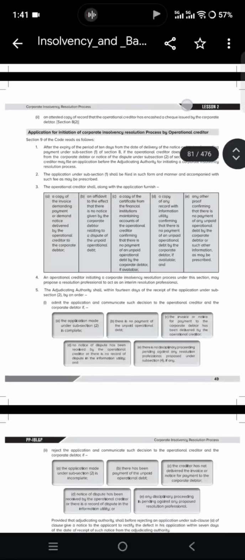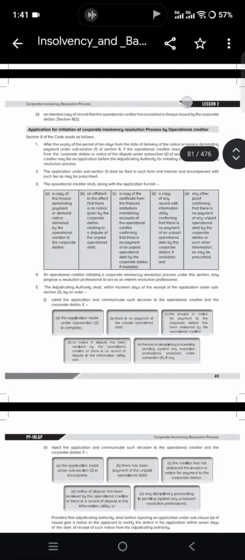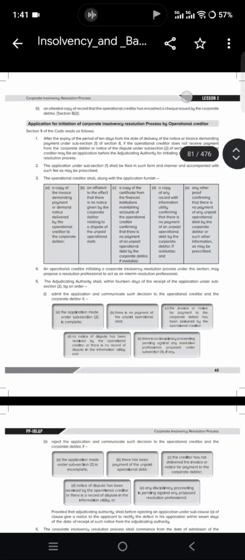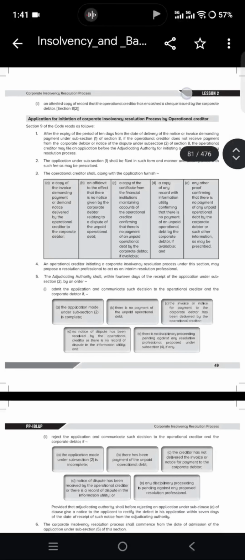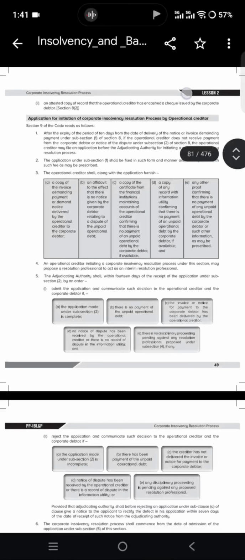The corporate debtor has a period of 10 days from the receipt of the demand notice or invoice to inform the operational creditor of the existence of a dispute regarding the debt claim, or the payment of debt, either by sending an attested copy of the record, same thing, an attested copy of the record that the operational creditor has encashed. First, proof; next, check. Next, application for initiation of CIRP by operational creditor. Section 9